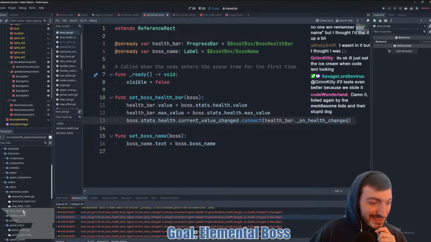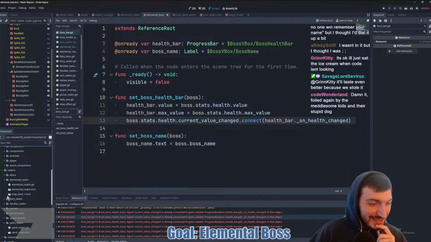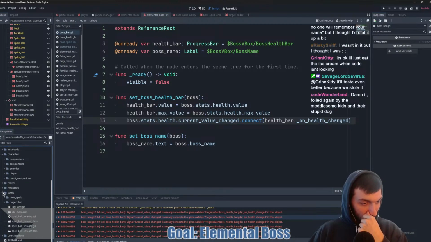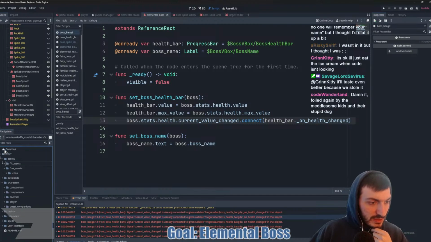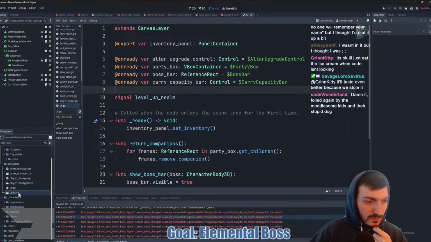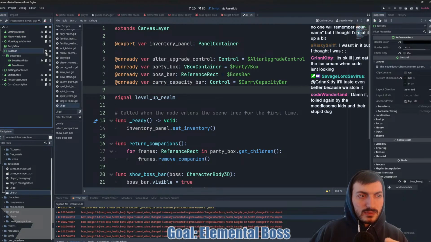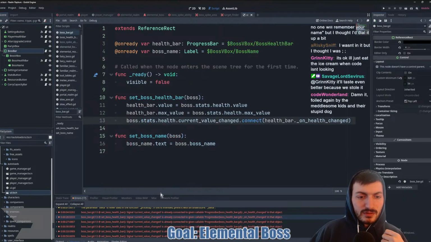Alright, let's go to... I think if we go to the... Actually, let's just go to the UI scene. Boss bar. So we have boss.stats.